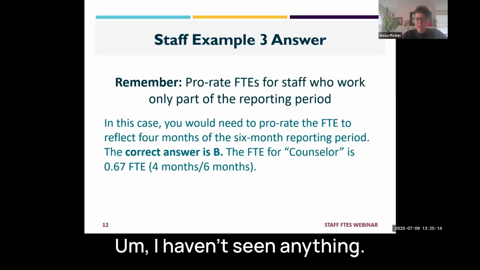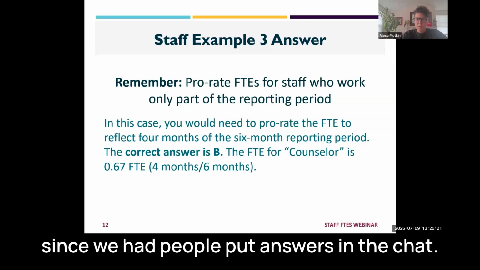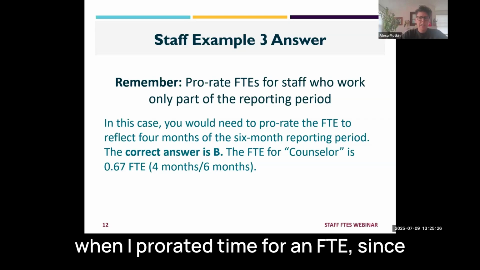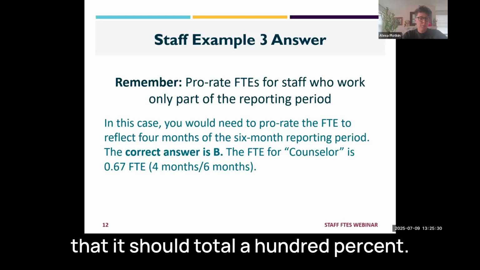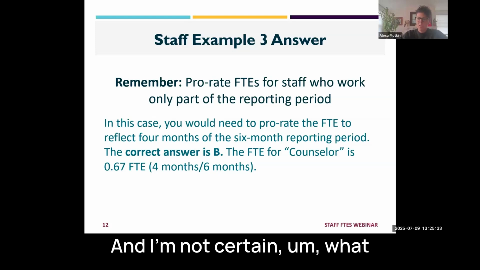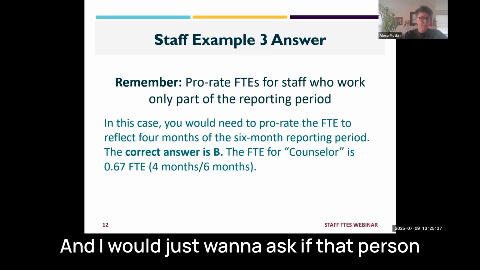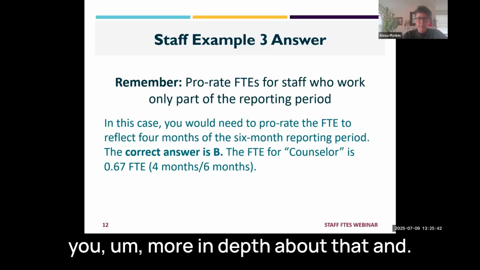I haven't seen anything. I'm scrolling back up through since we had people put answers in the chat. There was one person who said, when I prorated time for an FTE since only worked 1 month out of the period, the system flags that it should total 100%. And I'm not certain what that question is getting at. I would just want to ask if that person wants to put their question in the Q&A pod, we can chat back and forth with you more in depth about that. And